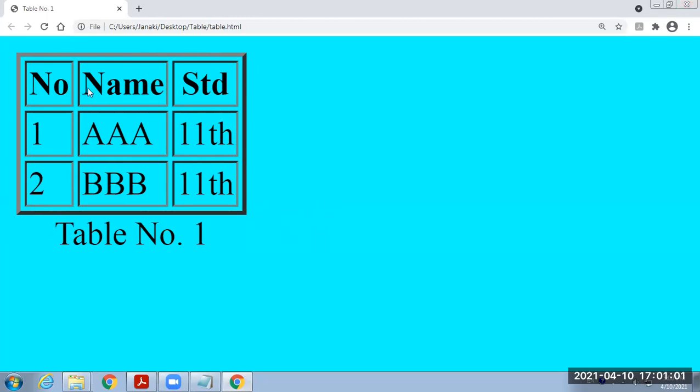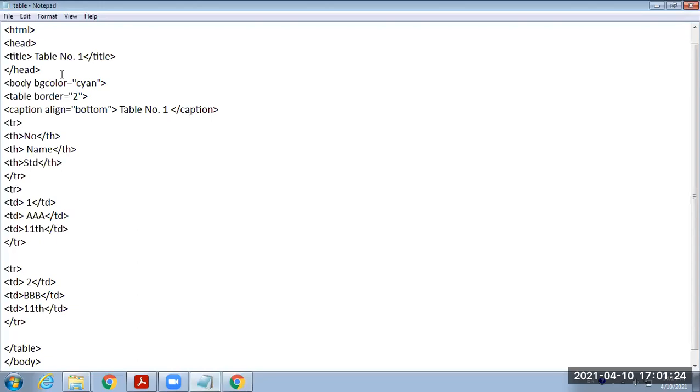After that, to insert any data within this table, we have to first of all insert the row. Here we have started a row and ended that row here. Similarly, here for the second line, we started row here and ended it here. And for the third line, we started the row here and ended it here. Okay, all these things we have seen. Now let's move further.